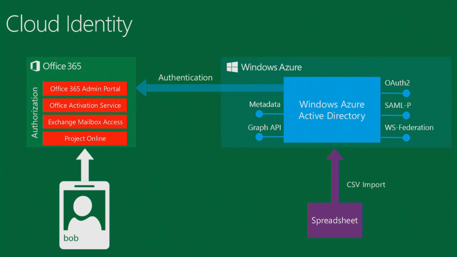So whether it's project, whether it's activation for Office, mailbox access, admin portal, that user simply logs in directly to the service, and because you uploaded them or created them manually, they're there and ready to go. And that's really the way to start. It's a very easy way to start. They have a .onmicrosoft.com login, and you can move directly from that into the future of production.